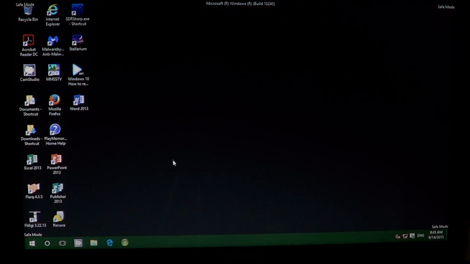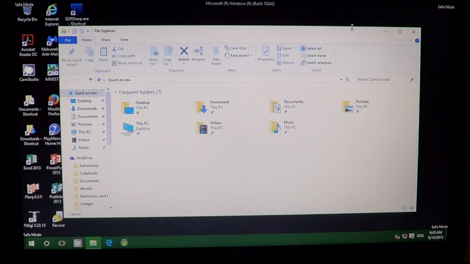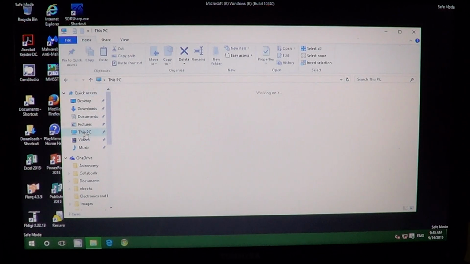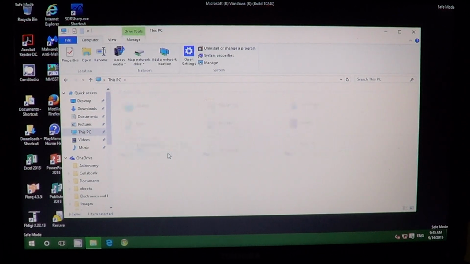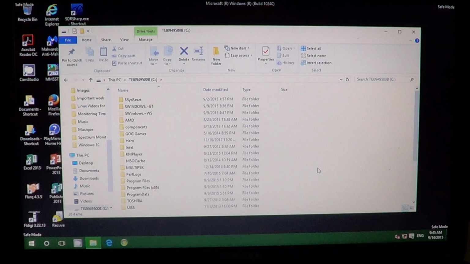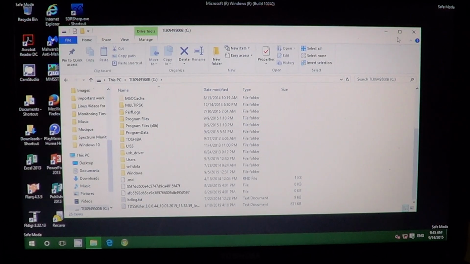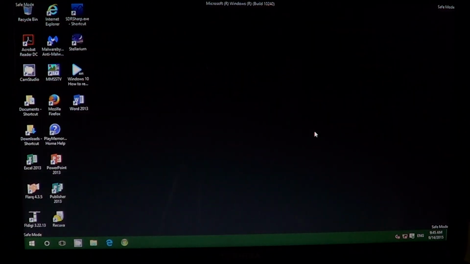And so here's where you'll be able to do whatever you want more in a manual fashion, go into the different folders and tweak into the system folders and erase and remove whatever you want to remove from your computer. This will work for anything that you need to do some fixing into Windows. It's a very, very useful mode for that, as it's really the minimal